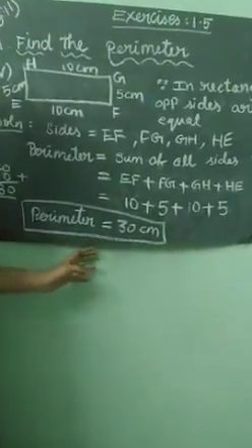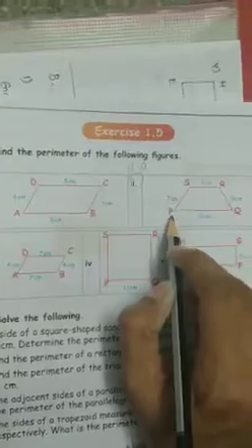Okay, that's all. Now I am giving the homework for you. Second sum and third sum is your homework. Here itself all the sides measurements are given. You just write the sides, then perimeter equal to sum of all the sides, then equal to, do the usual process. Second sum, third sum is your homework.